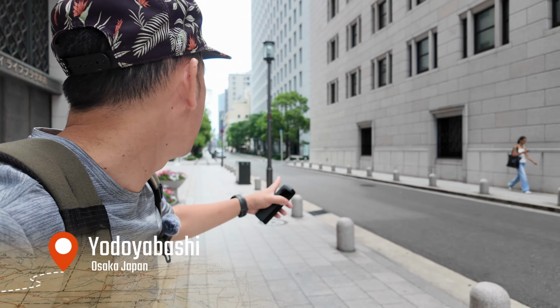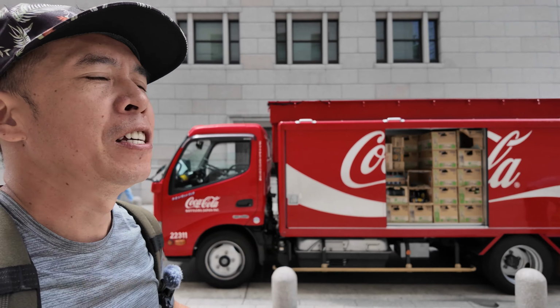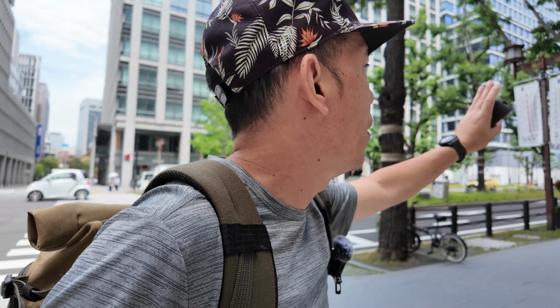Good day everyone. At the moment I'm here in this area. The name of the train station is Yodoyabashi, if I'm not mistaken. But yeah, we are here on the main road. If I walk straight all the way to that side, we're going to reach Hamamachi. And the main attraction basically, or maybe,